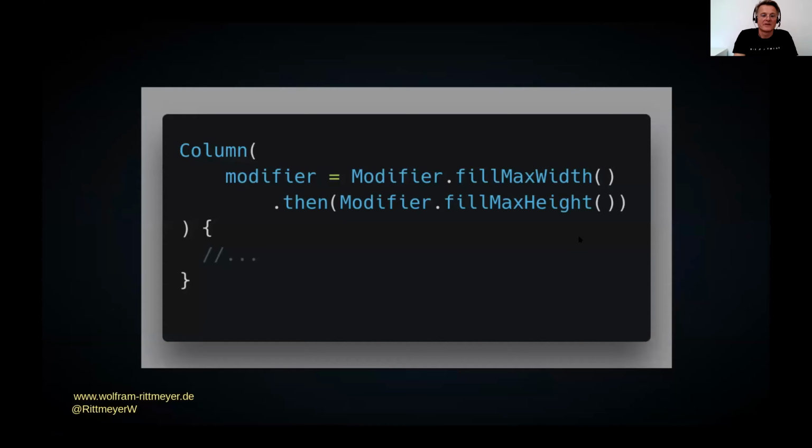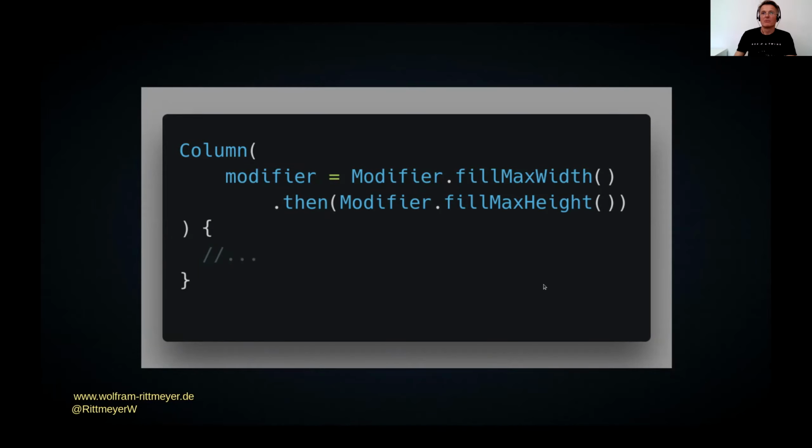And so this is how you actually combine modifiers. You use this then keyword and you have this fill max width, so take all the space from left to right, and fill max height, take all the space from top to bottom, and you combine them with then.